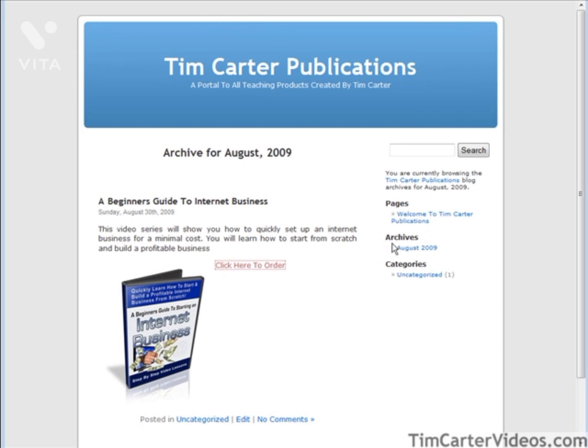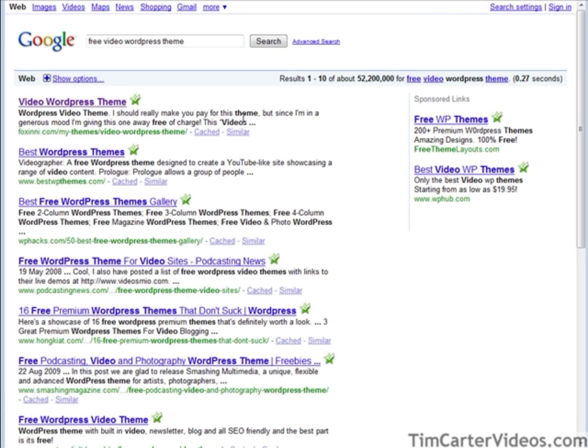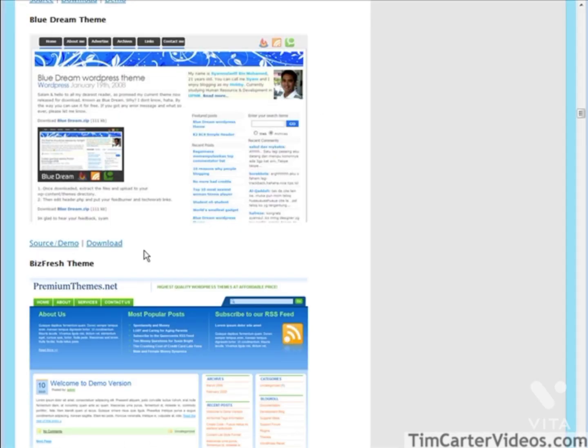The next thing we could do is choose a better theme. So what we could do is just go look for a theme that fits with what we're trying to do here. You just do a Google search and bring in a theme that you think is appropriate. Okay, so we can just do a search on Google for the type of theme we want. Okay, so I just did a free video WordPress theme, and we can look through here and find one we like. Okay, once we find one we like, we can have a look at the demo,